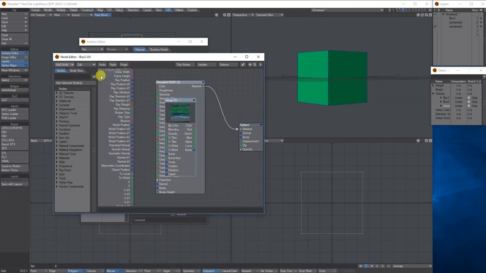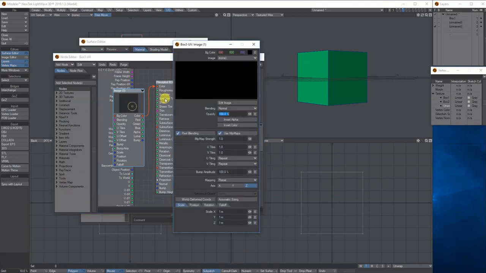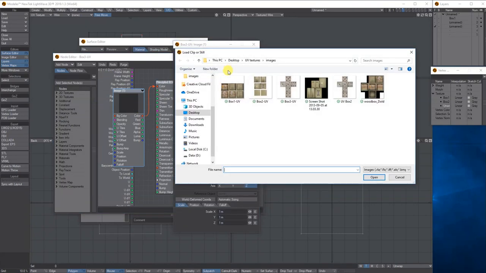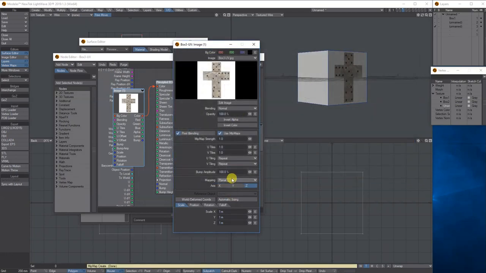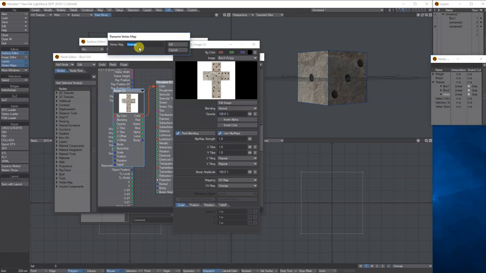Image. So add node, image, node, image to color, double click it, and then you're just going to load up number 3. Like so. And just make sure that obviously using UV map and UV map, well actually UV map is UV map unwrap, because when you do the actual ABF unwrap, it gives you that name. So if you right mouse click on it and rename, you can call it box 3-UV if you want.